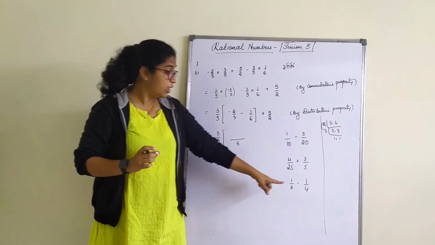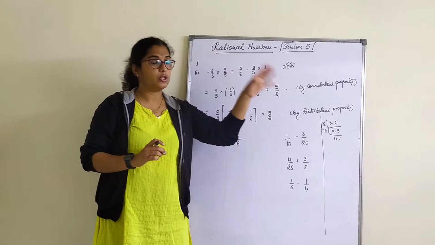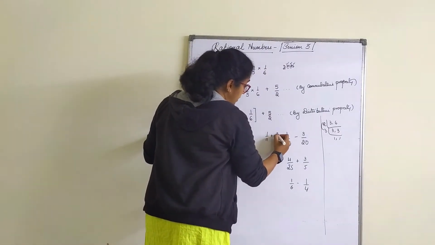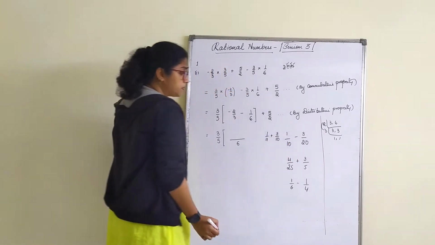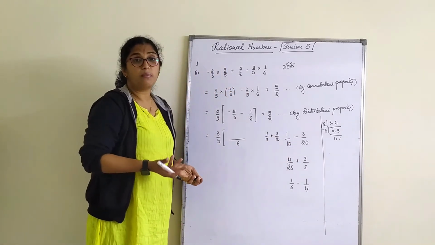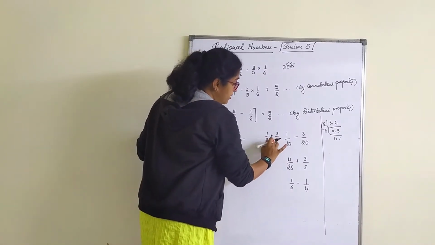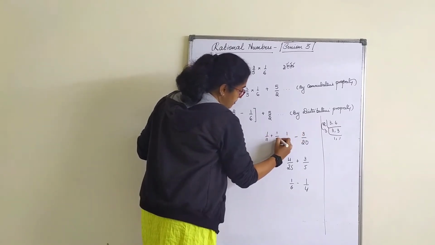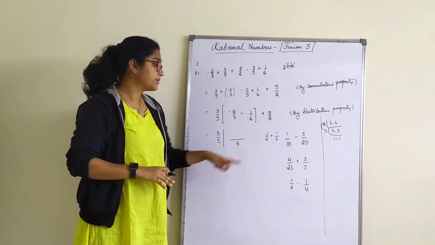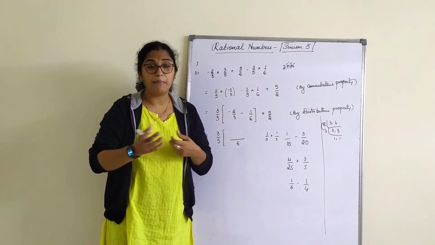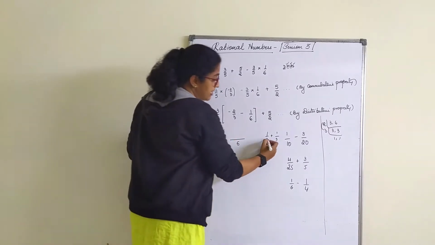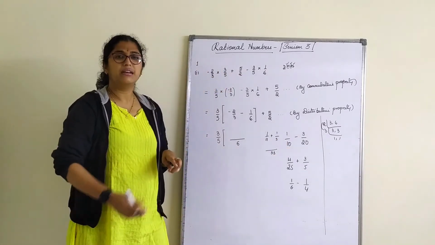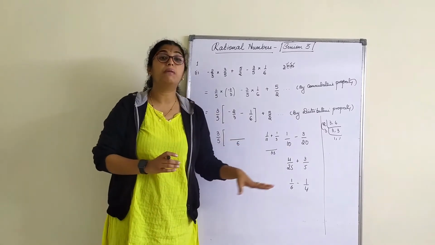Remember this one thing. When we have such numbers, we can't do anything. You go in for the old method. Suppose the number is like this, 1 by 11 plus 3 by 10. Now 11 and 10 have no common factors. Okay, I'll give 1 by 3 here. 11 and 3 are prime numbers. There are no common factors in them, right? That means the LCM is, we just multiply the numbers, that is 33. When we have prime numbers, we just multiply them.